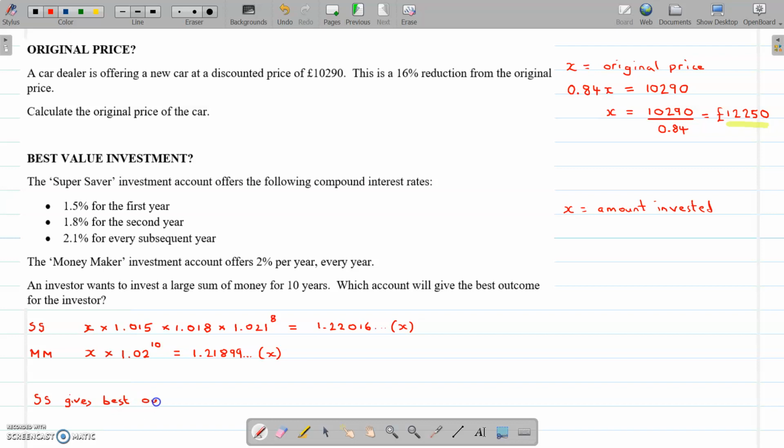And you must say why you know that. Even though you think it's very obvious, Super Saver gives best outcome since